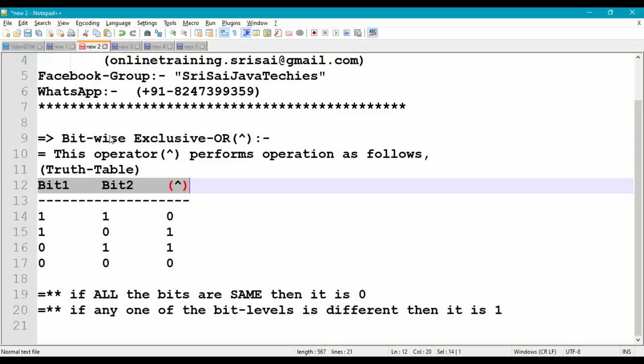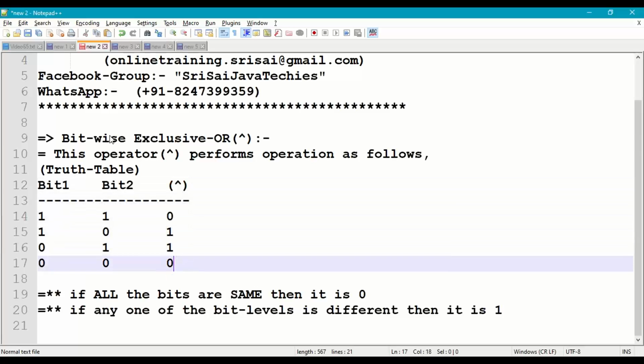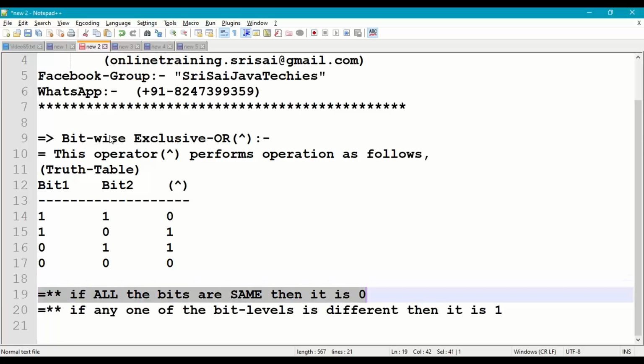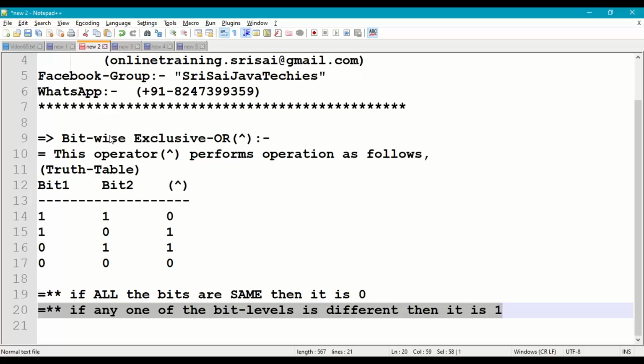How does this exclusive OR work? If all the bits are same, then it will give the result as 0. Similarly, if any one of the bit levels is different, then it will give the result as 1.